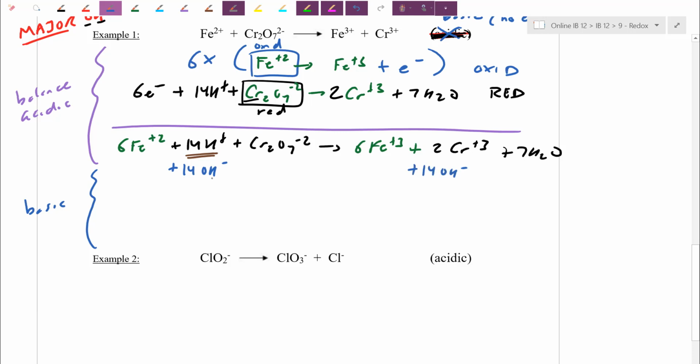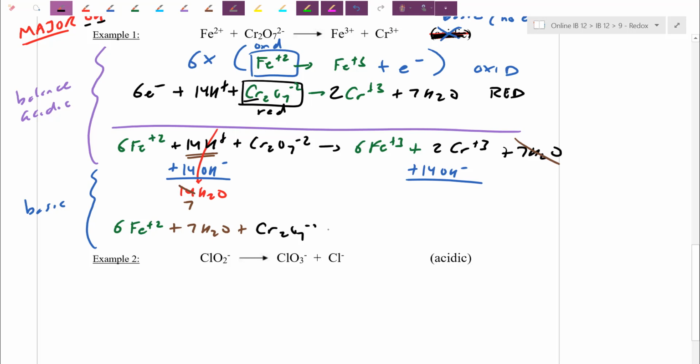And therefore, yes, in some sense, the H+ and the hydroxide kill each other off. They don't just vanish, though. This ends up becoming 14 waters. And oh, look, now I have waters again, so I can cancel. Let's get rid of these 7 waters, and let's make this a 7. And therefore, in basic, if I don't have an excess of H+, if I still wanted this reaction to occur, probably it's not going to be as efficient. 7 waters